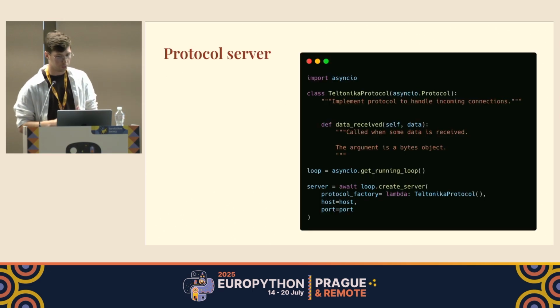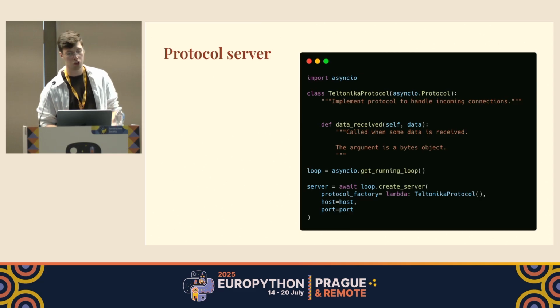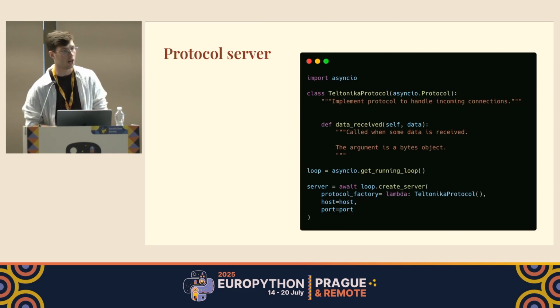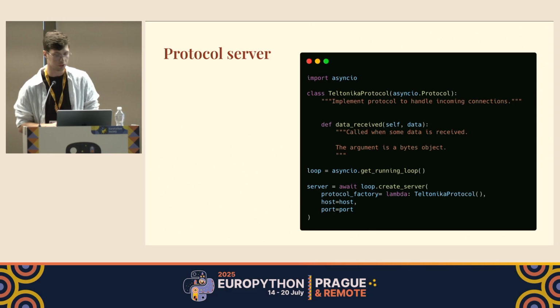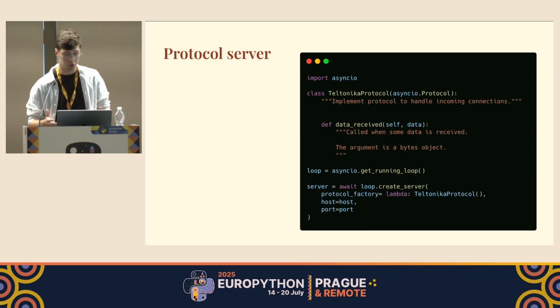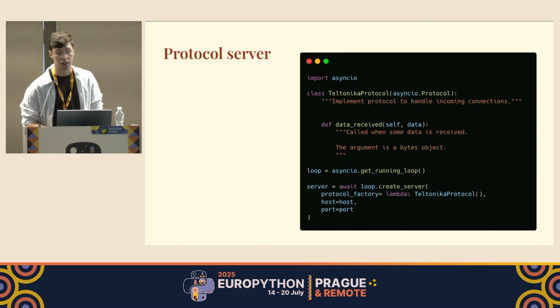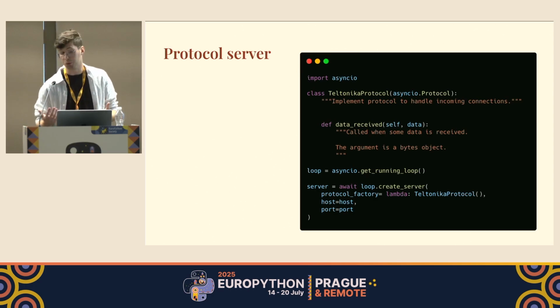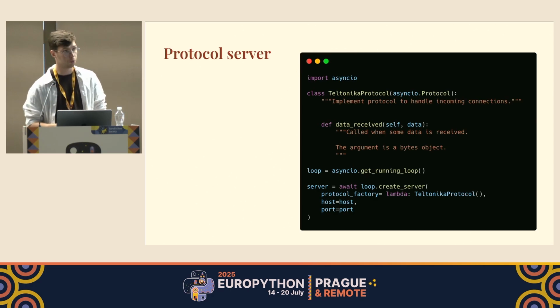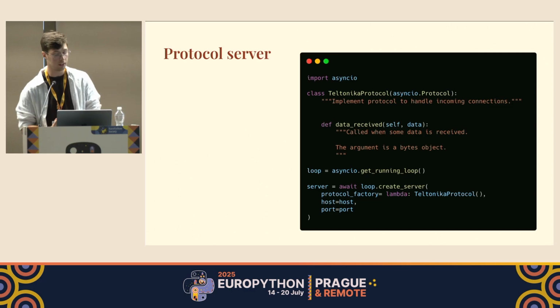So first of all is the protocol server, to implement a server that can accept connections. This is a TCP-based protocol, the same as HTTP, so for me it was suitable to use an asyncio server. And what I find nice here, and this will be a first tip, is to use the asyncio Protocol part of the asyncio library, because it's exactly meant for creating your own wrappers around protocols. So whenever we have a new connection, we create a one-to-one instance, an instance of the Teltonika protocol that will have access to the transport layer, so we can send and receive data. And this is a